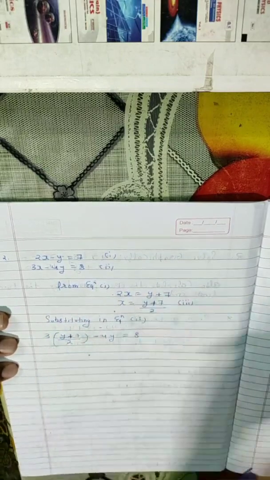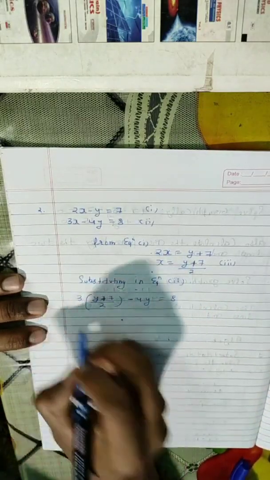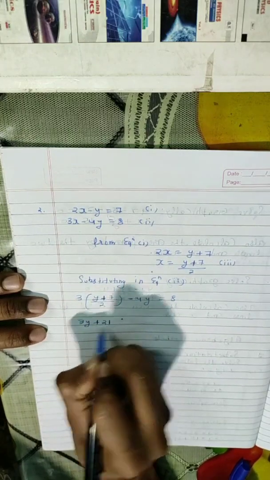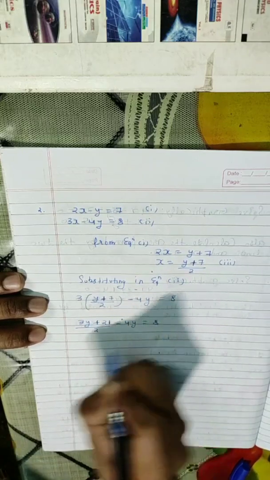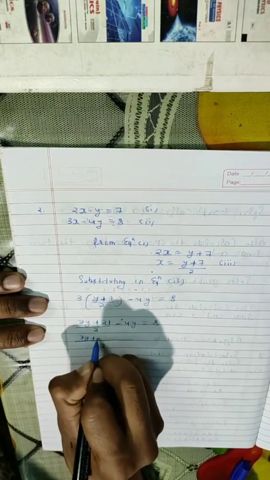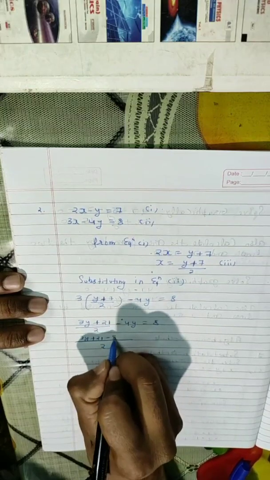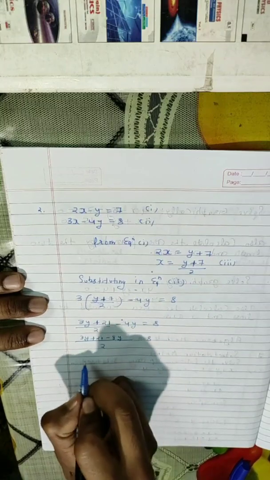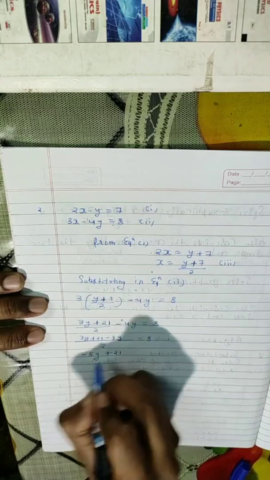Now I will solve this equation in one variable for y. Let us first multiply 3 inside. So it will become 3y plus 3 7 are 21 upon 2 minus 4y is equals to plus 8. Now take 2 as an LCM. Taking 2 LCM, I will get 3y plus 21, and this 2 will multiply with minus 4. It will become minus 8y and is equals to plus 8. 3y minus 8y will become minus 5y and plus 21.